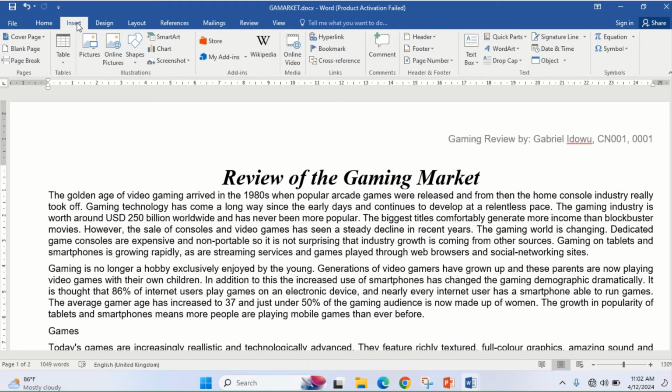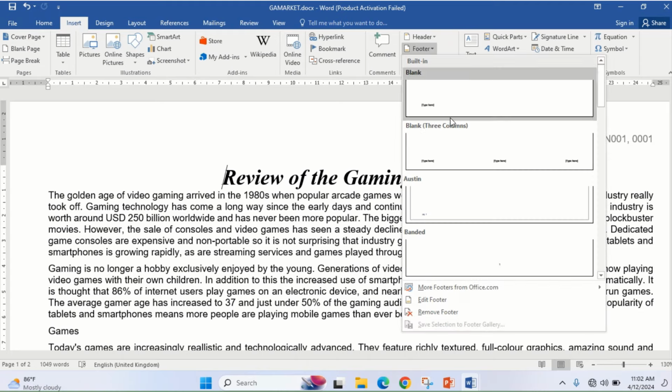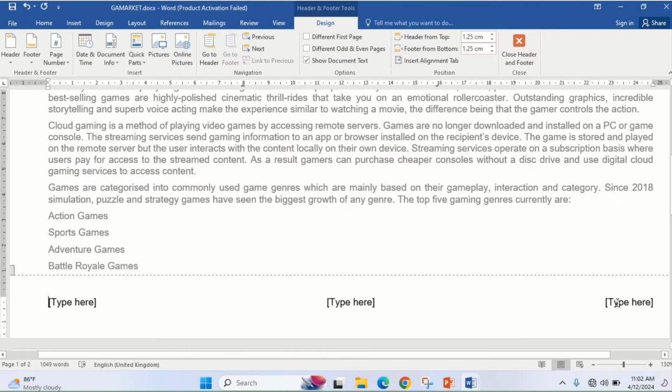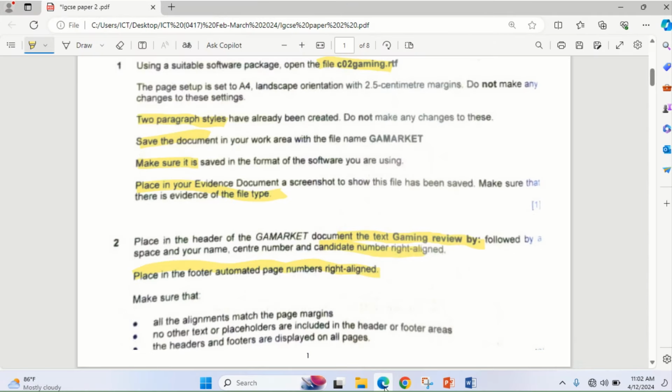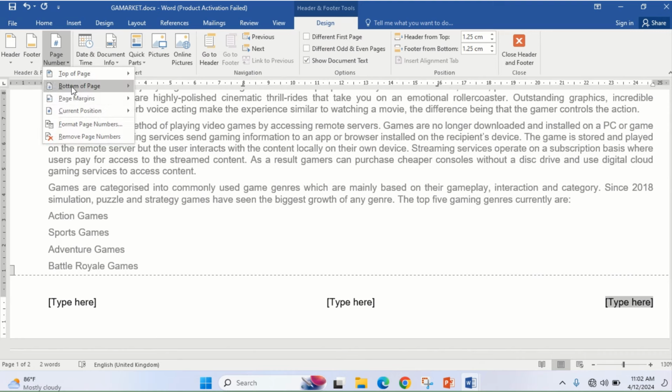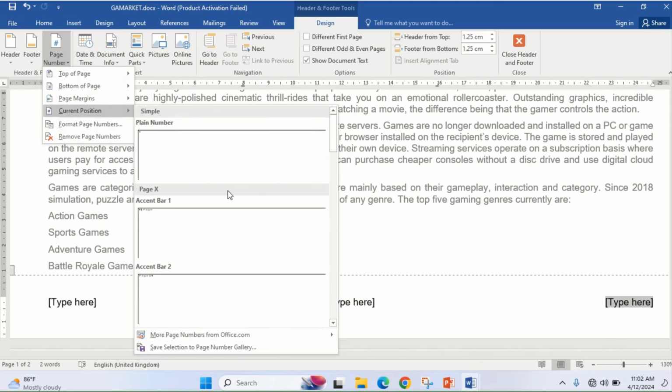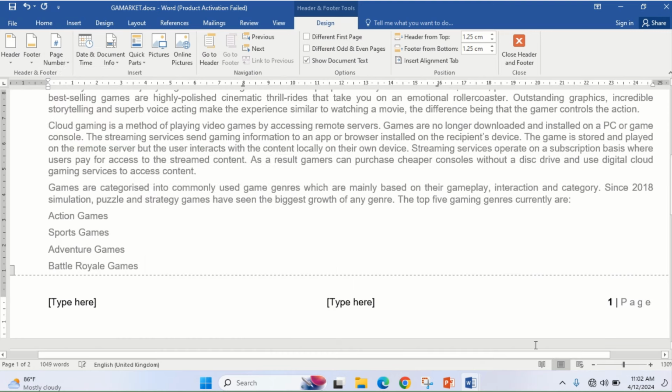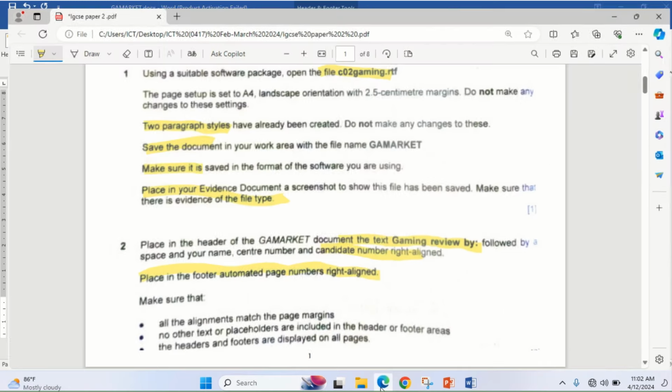Then I go back to footer, 3 columns. Then I pick the rightmost placeholder according to the instruction. Place in the footer an automated page number, right aligned. So when you click here, go to page number and come to current position. Pick any of the styles that you want. Then the next one is